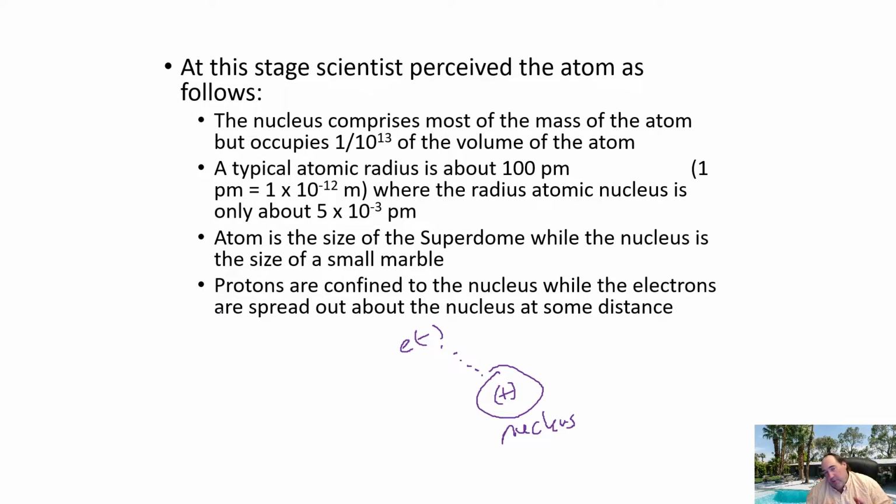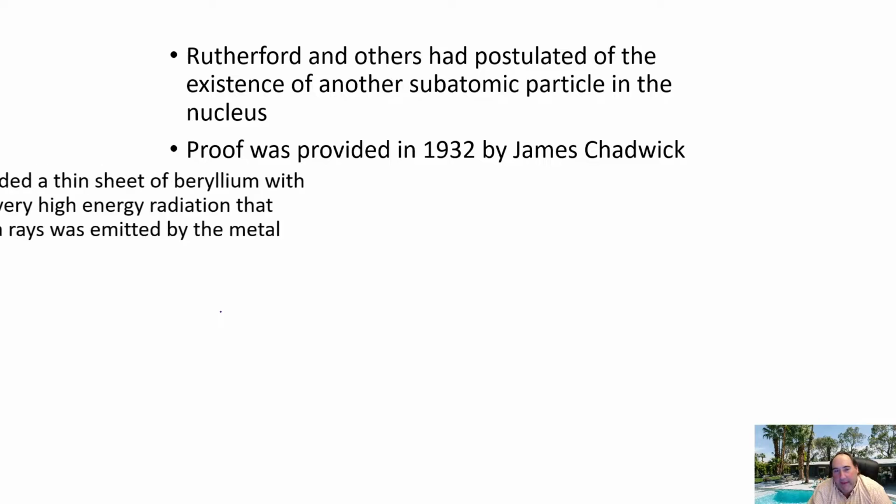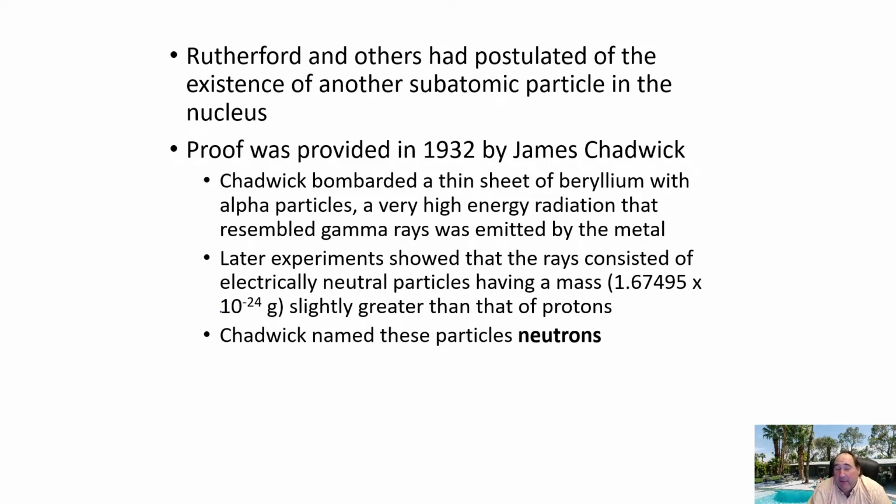But although at this point protons and electrons were understood, there was always this idea that there was some other particle present. And that other particle is basically the neutron, as we see here. Don't want to ruin the ending, but the neutron. Let's talk a little about how the neutron came about. Relatively speaking, not extremely long ago, less than 100 years ago, Rutherford and others really thought that there definitely was some other particle present.